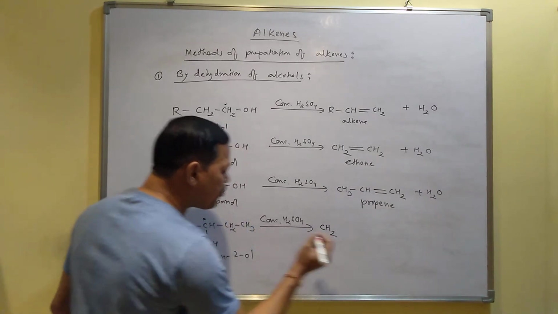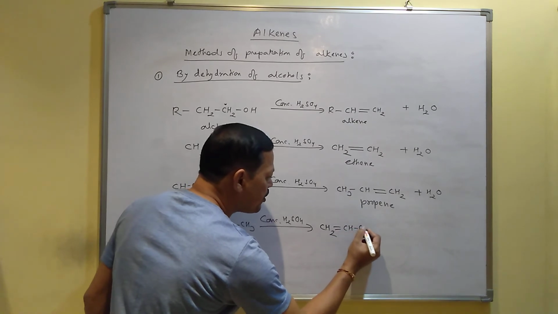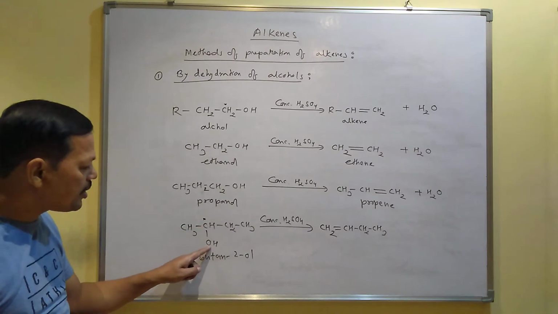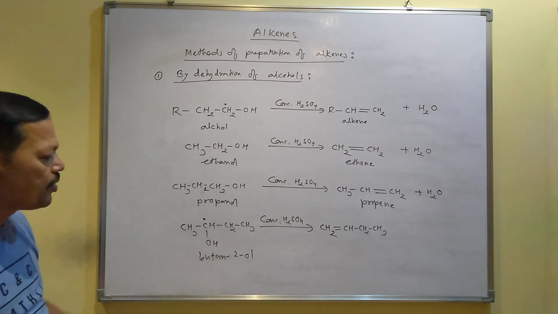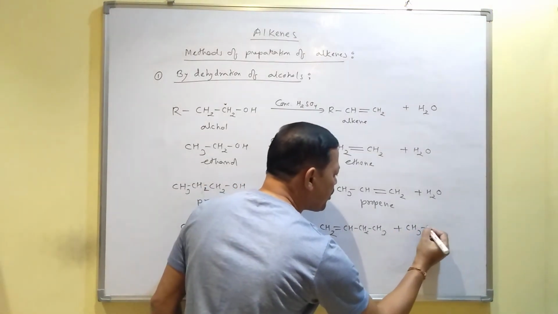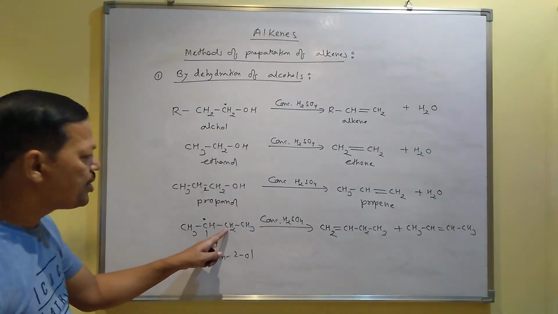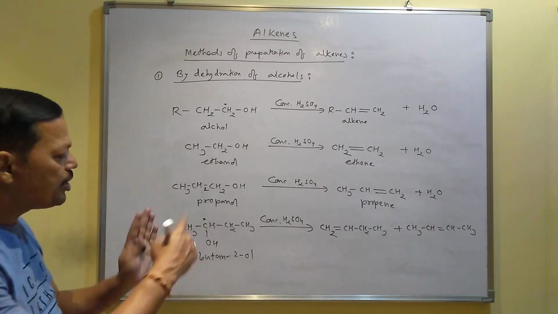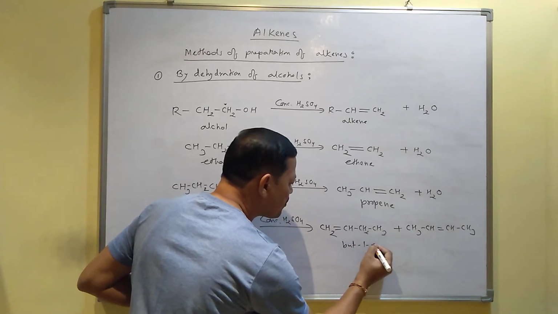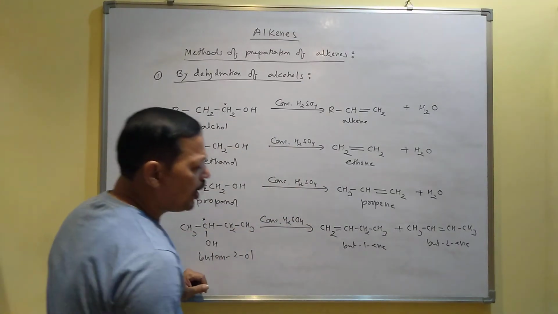If you remove the hydrogen from the first carbon, then you will get the double bond in this position, and you will get the product like this. OH is released from this carbon and hydrogen is released from this carbon. Similarly, if you remove hydrogen from this carbon, you will get another product. The product will be like this. Hydrogen is released from this carbon because both are next carbons. So you can remove from both carbons. And this is called but-1-ene, and this is called but-2-ene. And the side product will be